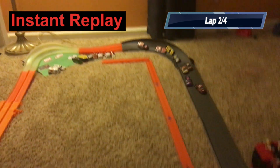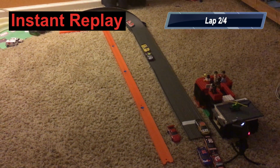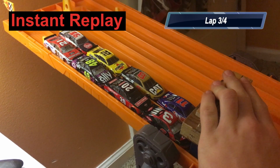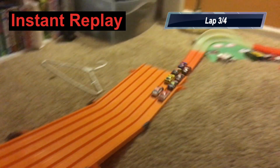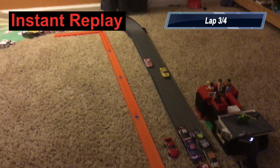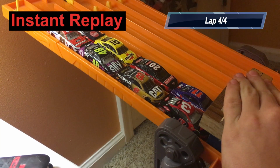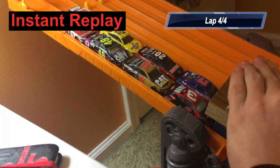Hamlin stays right with Austin Dillon, almost turns him and crosses him over, but can't quite catch Austin Dillon to the line. And then heading to lap number 3, again Hamlin seems to have the car to be on the front stretch, but then heading into the corners just loses it immediately. Again, he almost has it, gets a little loose off the corner, and that may have been the difference in that lap. Then heading to the final lap, which Austin Dillon was able to still hold on to the lead,